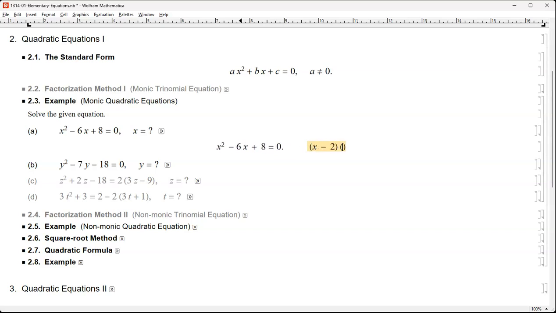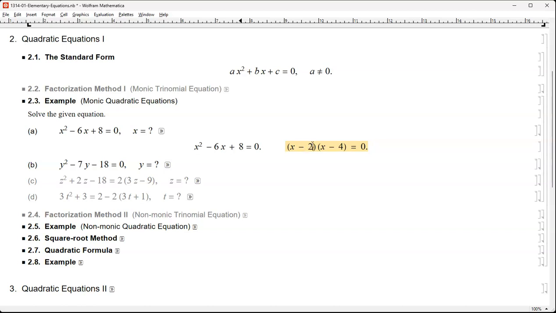X minus 2, x minus 4. So negative 2 times negative 4 is positive 8, and they add up to negative 6. Is there any other pair? No, the pair is always unique. If they exist, then always they are unique. Well, x minus 4 times x minus 2, okay, we can change the order, but in terms of solution, no